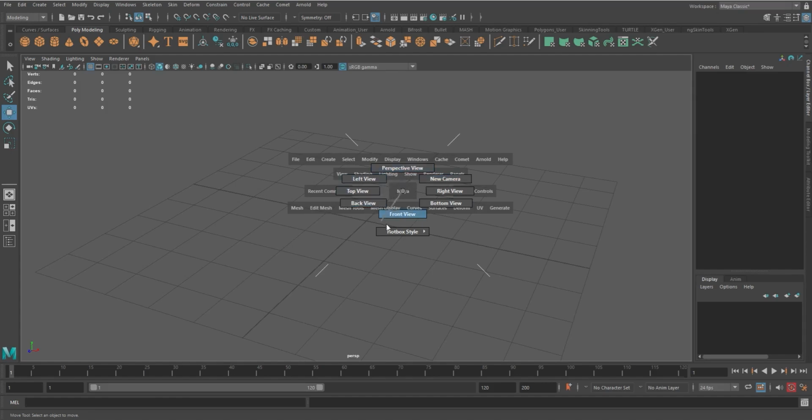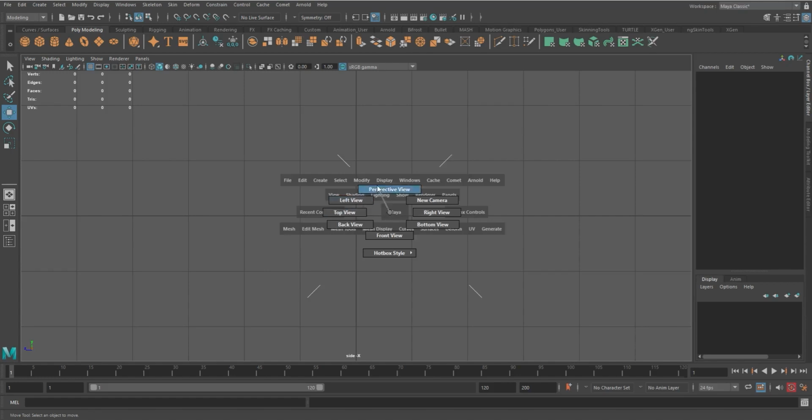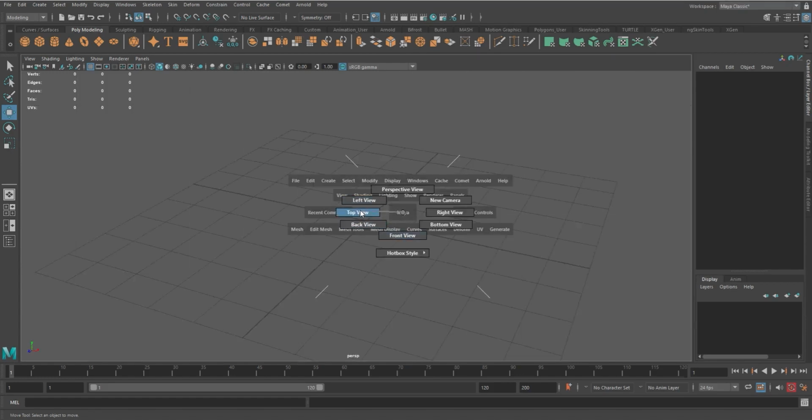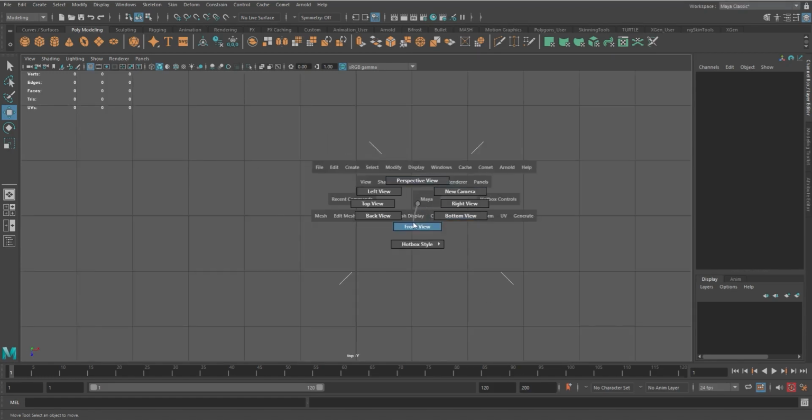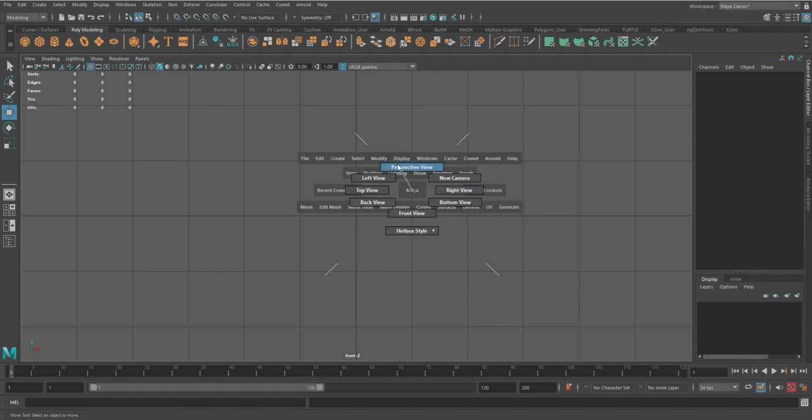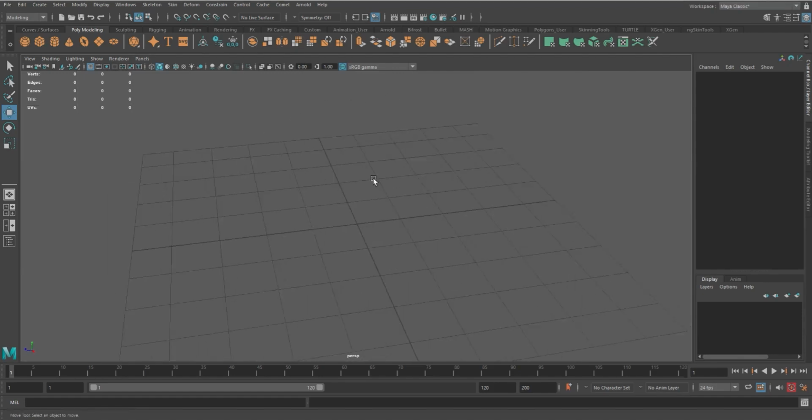So perspective, and then you can also create a new camera, and this also gives you your orthographic views like right, top, bottom, front. This is just a fast way to get to other views. So if you like the top view or front view, however you want, but perspective, this is just a fast way to actually get around in Maya inside the